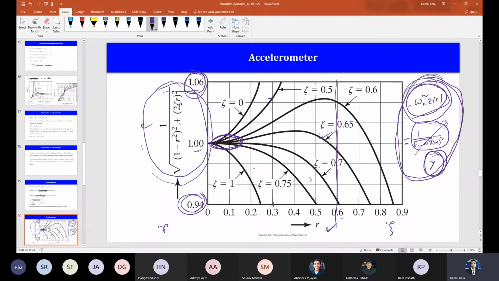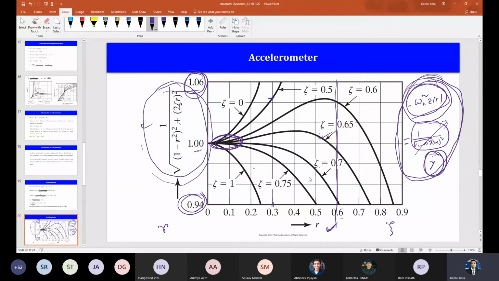It is coming. So then, how much R is required? If I want to keep it lower, then what will be my system? It's a design problem actually. Yeah, your question is right. What will my system parameters, the mass and K, be if I want to keep R lower? Mass should be small and spring constant should be high. A stiff spring is required and a small mass is required. So the instrument is lighter.